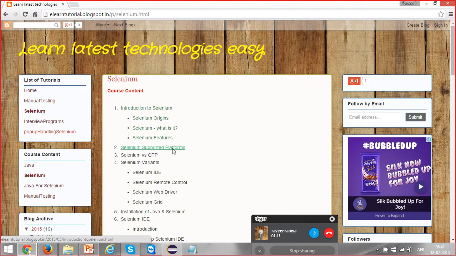If you see the Selenium origin, basically it was developed by a ThoughtWorks employee. He used the JavaScript programming language to automate his test cases, and slowly he started converting that into a Selenium framework. Later he joined Google, and with the Google team he started working on Selenium RC. Even the ThoughtWorks team supported the Google team, and together they